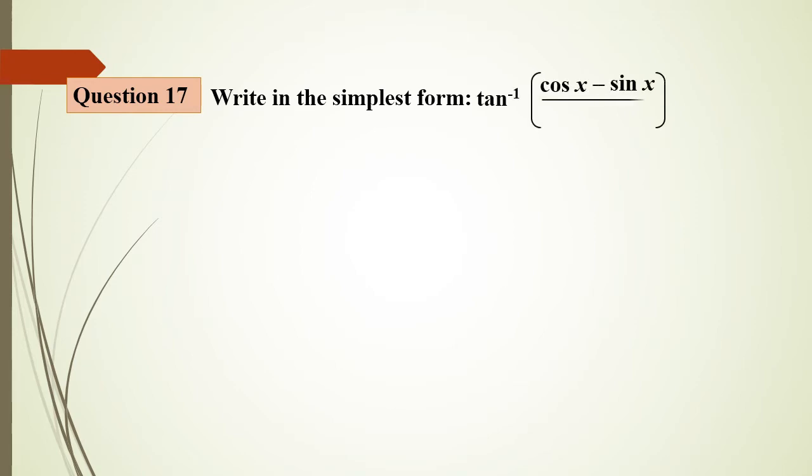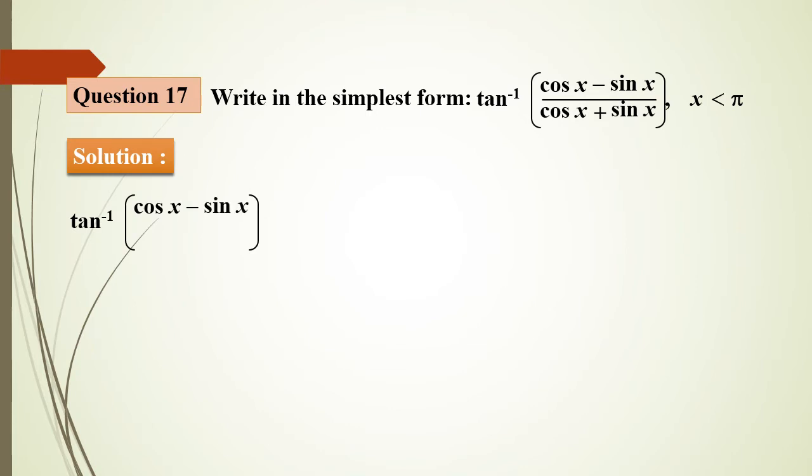Okay, next, one more question. Write the simplest form of tan inverse of (cos x minus sin x) divided by (cos x plus sin x). See, we cannot apply the half angle formula for cos as well as sin here. If we applied it, after simplifying the term we cannot get one more tan. Therefore, do one thing: write the given term, the entire term, first as it is. Divide by cos x in the numerator as well as the denominator.